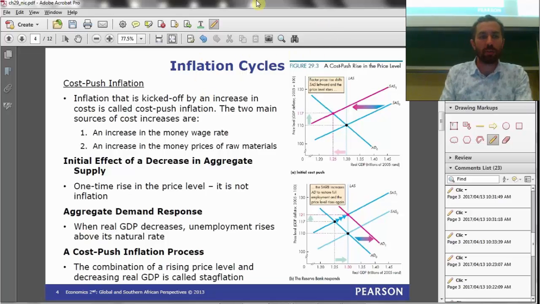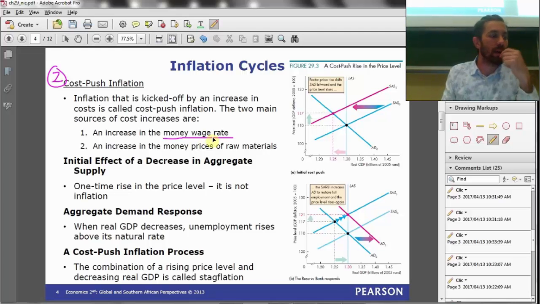Alternatively, we could have cost push inflation. This is our second type of inflation process. We're now referring to inflation that arises from the supply side. In other words, it is kicked off by an increase in the costs of producing. What are the two main sources of cost increases? Well, either the cost of our labor, so if we have a change in the money wage rate, so employees go to a bargaining council and they demand a higher wage, or alternatively,